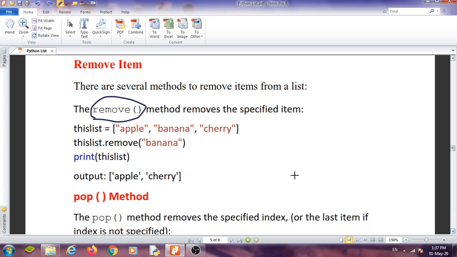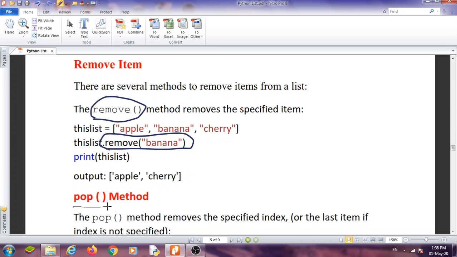The remove function is used when we have a list element. It is important: the remove function will work when we have a list element to remove. If we do not have an element to provide, then we cannot use the remove function. Now banana is given, so banana will be removed.